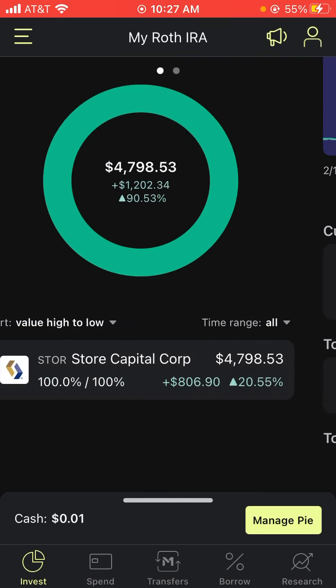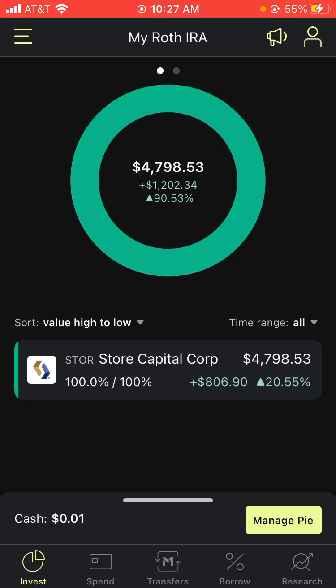And other than that, I only have one stock in my retirement account. That is Store Capital. I do plan on putting some more companies in the portfolio. Maybe Realty Income if it falls a little bit more. I might put in some utilities. I'm not really sure. I'm really happy with the Store Capital switch, but other than that, that's going to be it for my review,